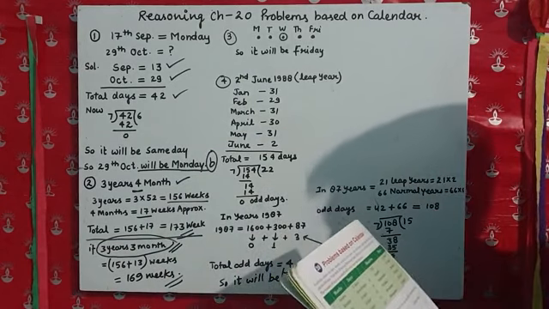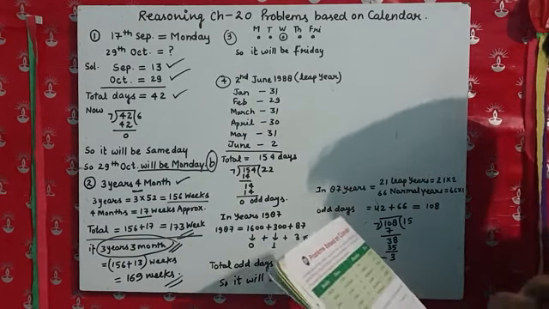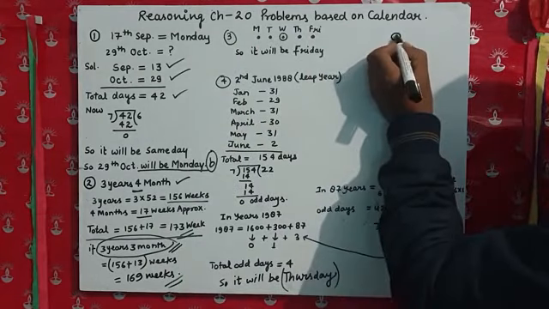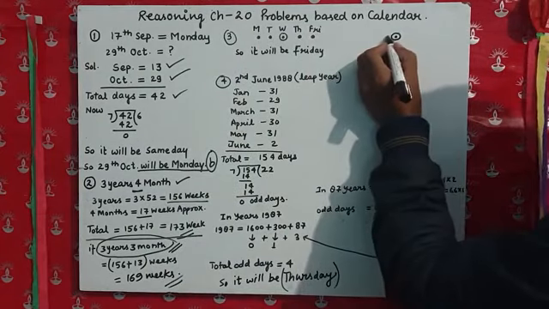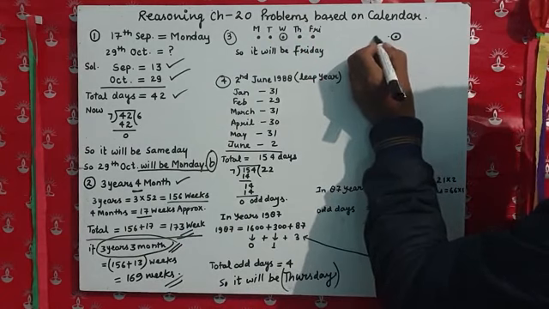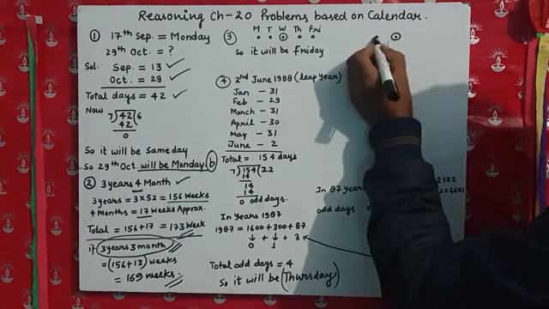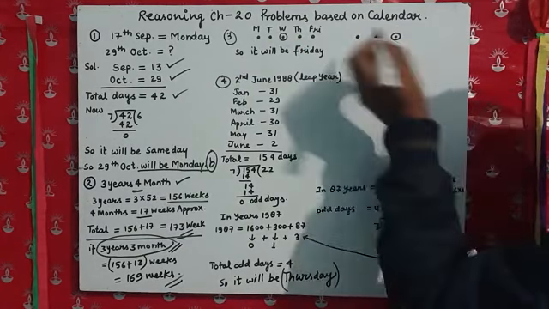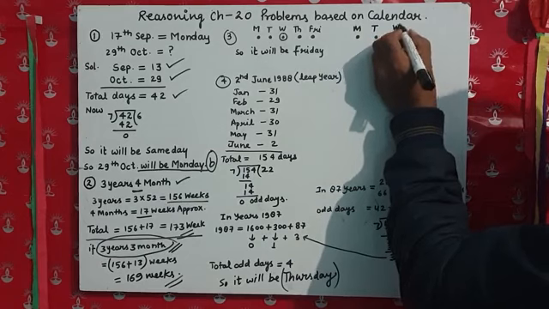It's quite a simple question. It is given, if the day before yesterday, suppose that we are here, this is the day. So day before yesterday: first we take yesterday, and before yesterday, that means this one. It is given Monday. Suppose this day is Monday, so it becomes Tuesday, then Wednesday.